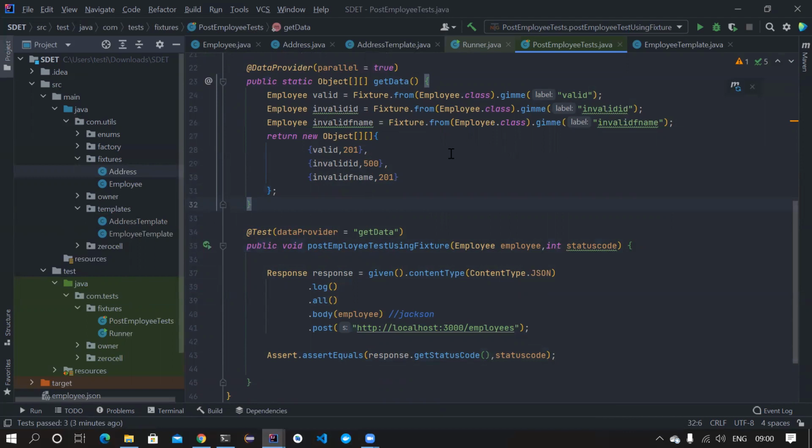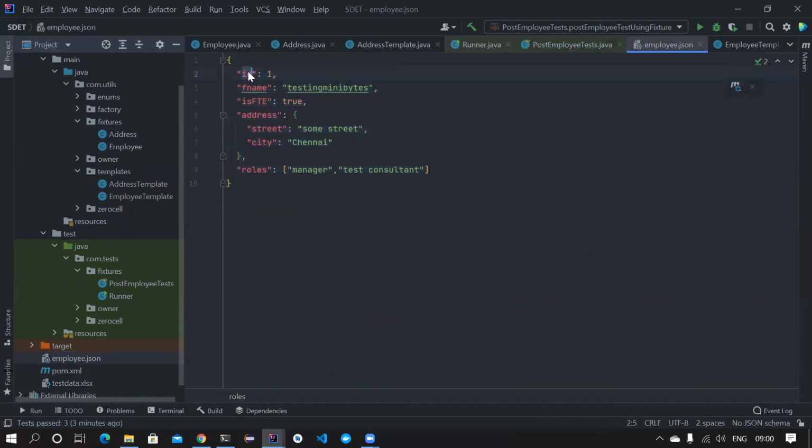Again, this will be really helpful if you want to validate each and every field. For example, if you want to validate different types, maybe valid id, null id, empty id, so different things. And for the same name you want to check with different first names. In those cases this becomes really handy.